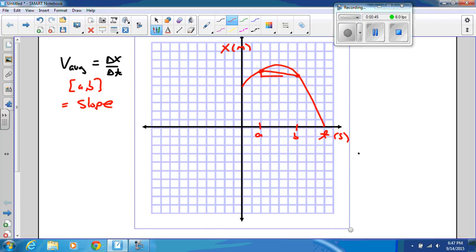Because, as you know, slope is rise over run, and this length right here, the run, would be delta t, and this height right here would be delta x. And so we call that a secant line because that secant line cuts through the curve, just like that. And secant is from the Latin word sectare, which means to cut, from which we also get scissors and dissect